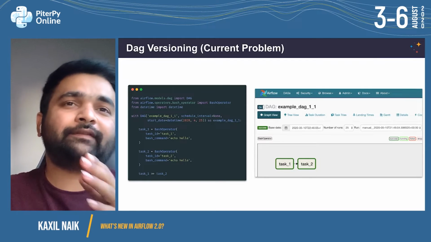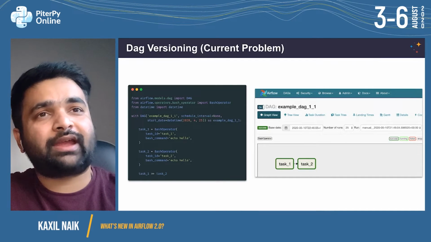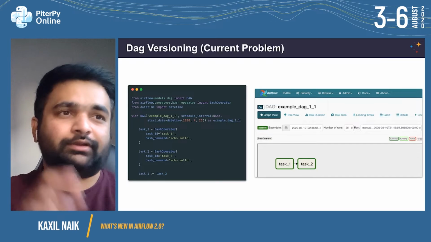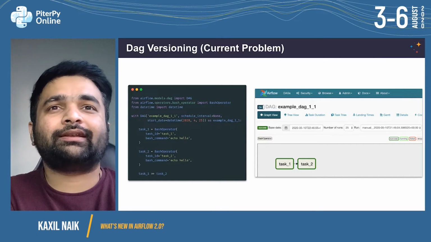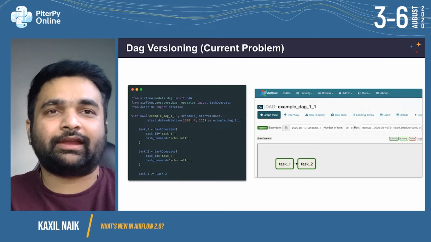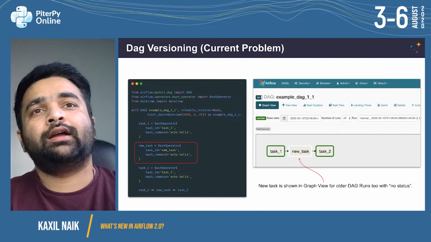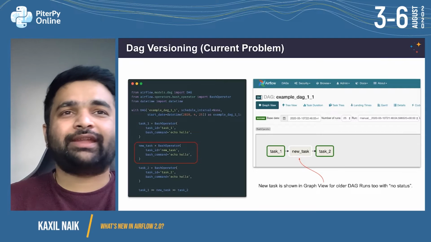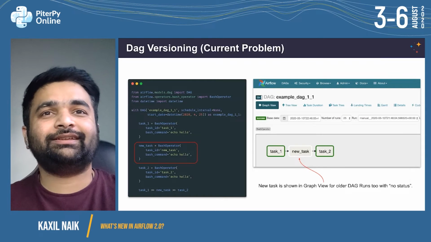Consider the DAG on the left, and when this DAG runs to completion, you'll see the figure on the right, which is the graph view that shows that the 2 tasks ran to completion. Now imagine you added a task to this existing DAG and you deployed the DAG to the DAG folder. Now, when you browse the graph view for the same DAG run, you'll see that